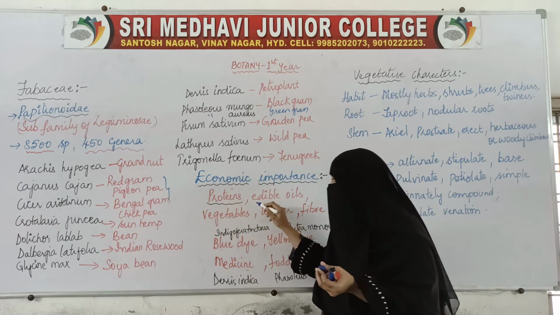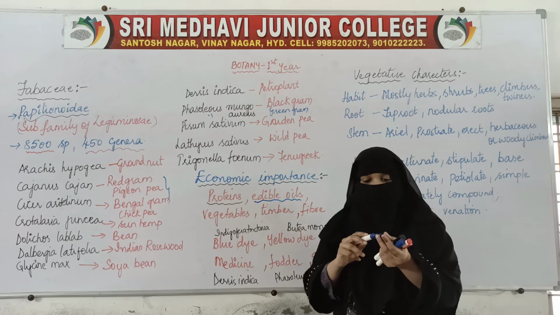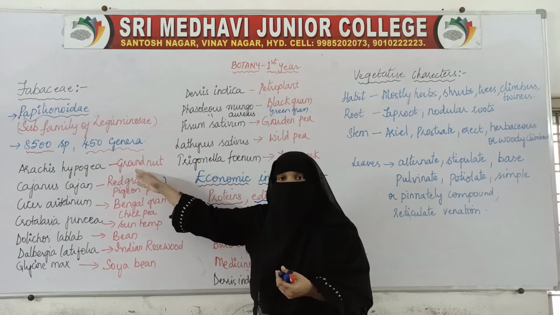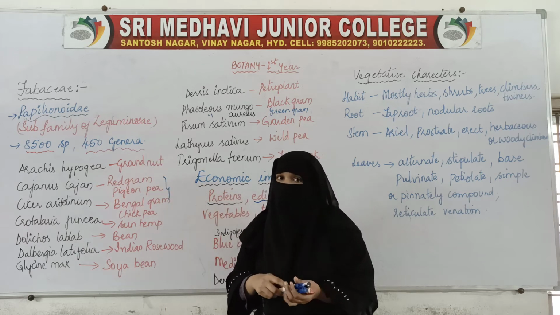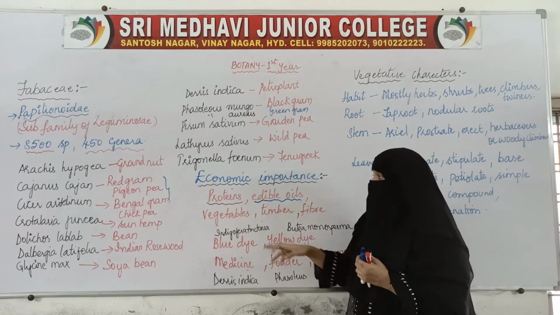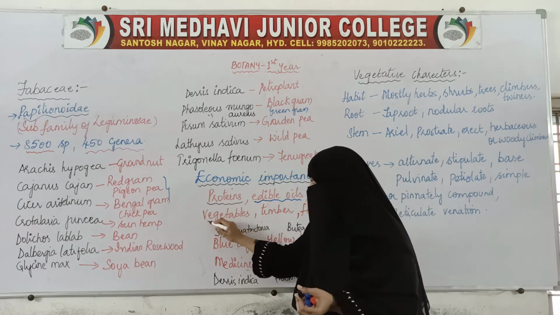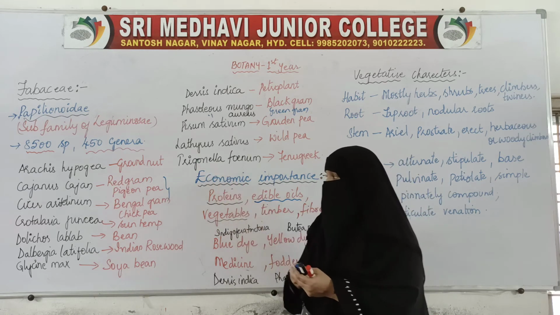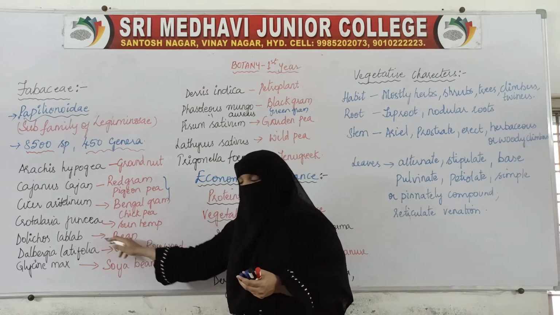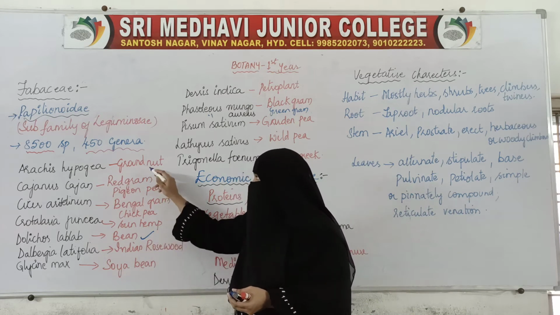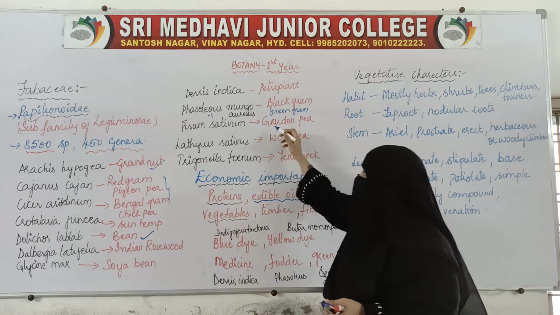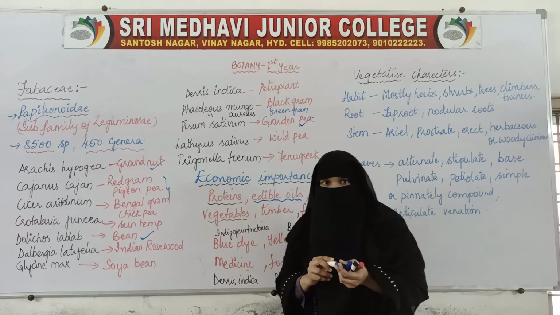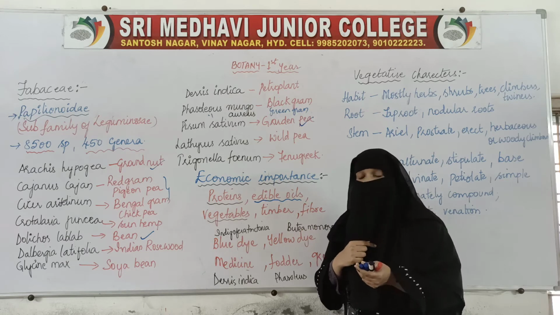Okay, and we also get edible oils. Arachis hypogaea, groundnut. We get oil from groundnut. We also get vegetables from this family. What vegetables do we have here? Groundnut is used as a vegetable. This Dolichos lablab is a bean, and it is also used as a vegetable. This pisum, the pea, is also used as a vegetable. So from the members of this family we get vegetables.